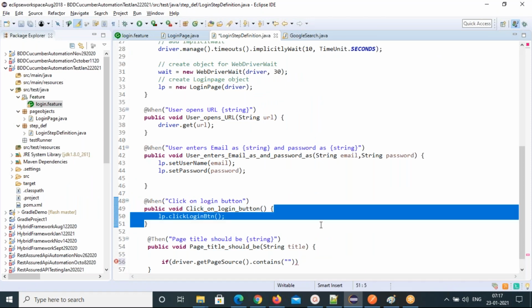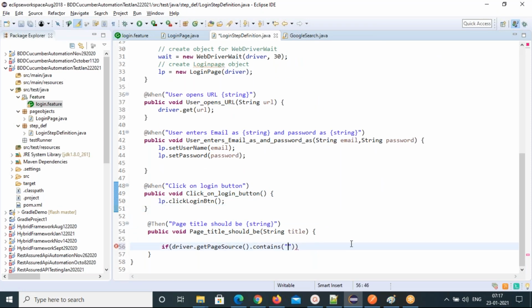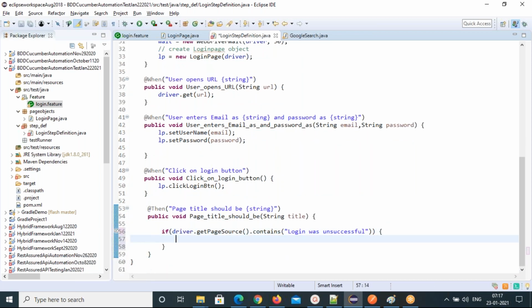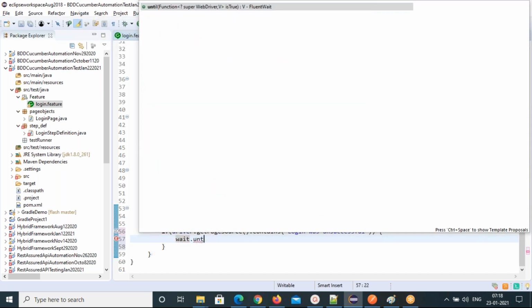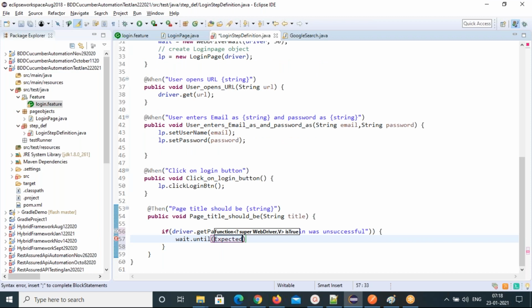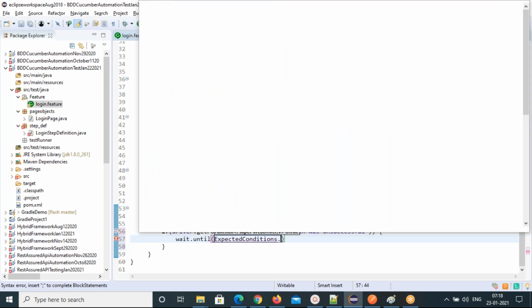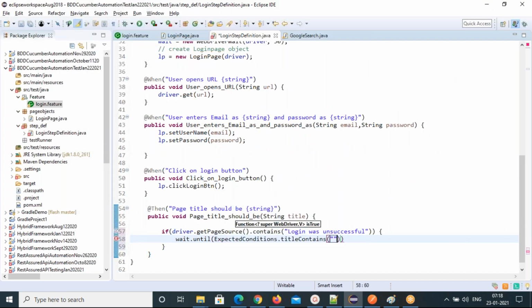Then you can verify the same page title. What is the page title? Your store login. So that we need to verify. So first wait for this: wait until expected conditions, title contains the title you give. Just mention your store login.